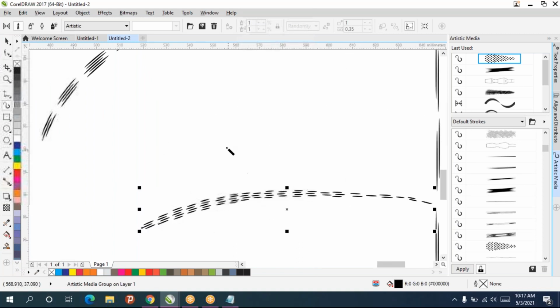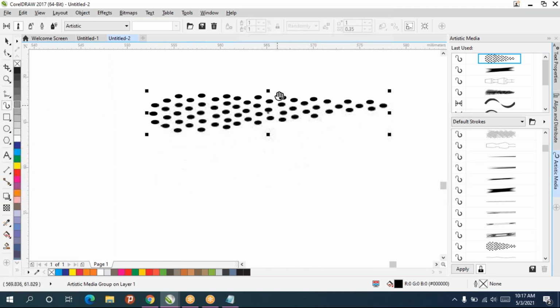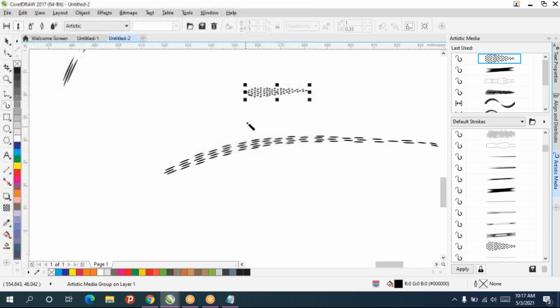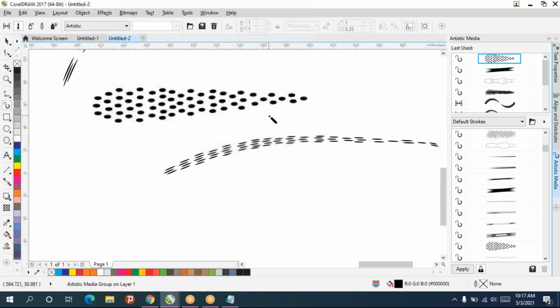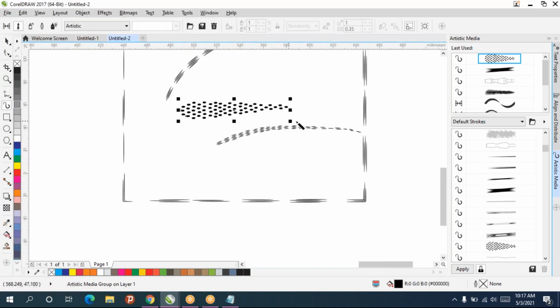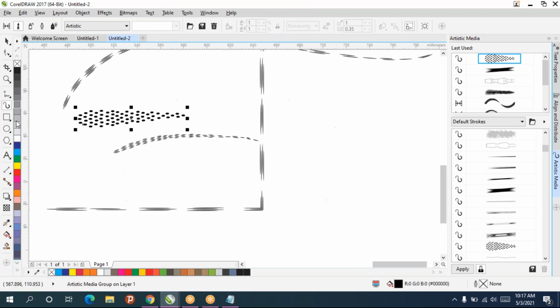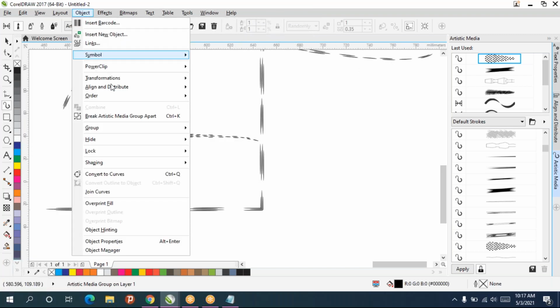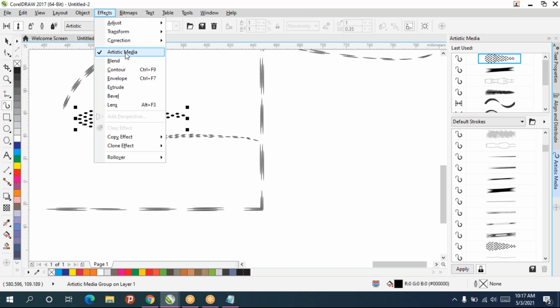Slowly if you do, details will be there. See, and we can maximize how big you want. So this is called artistic media. For artistic media, go to the effect menu, enable this artistic media. So on the right side everything will be visible then. So we have lots of brush styles.